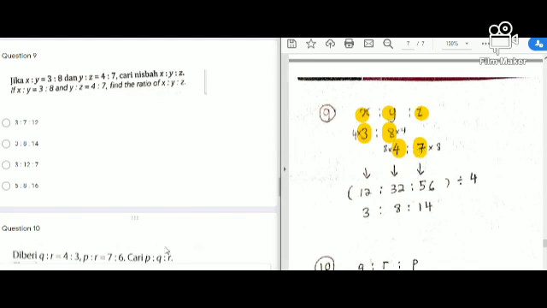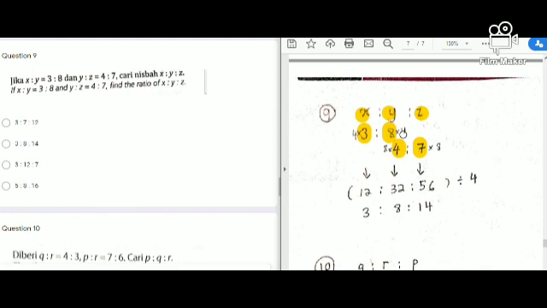Okay, so now if you realize, the number that I have highlighted before is not the same in the same column. For example, in column y, when you want to solve a ratio question, you must make sure the number in the same column must be the same. For example, here is 8 and here is 4. So the number is not the same. So when you want to make it the same, make sure you multiply. Like 4, you multiply with 8, you will get 32. And 8, you multiply with 4. So you will get